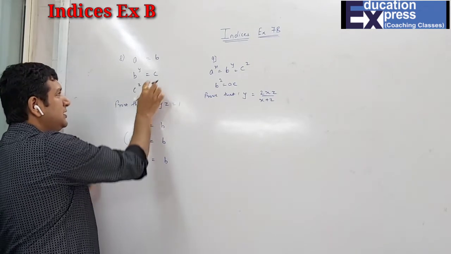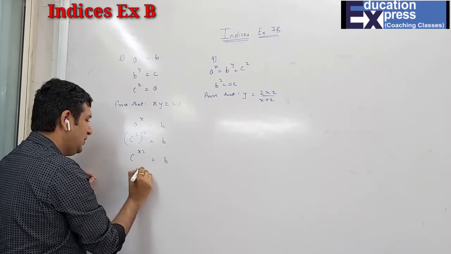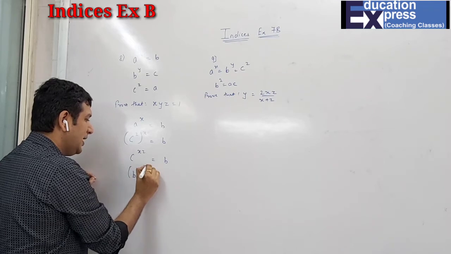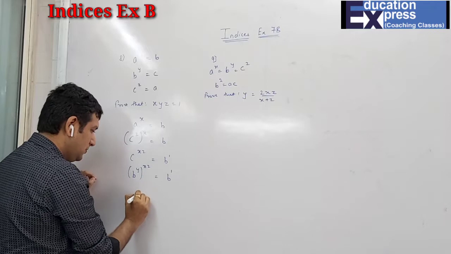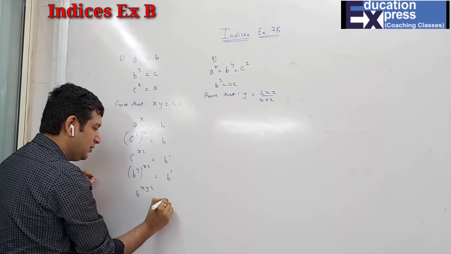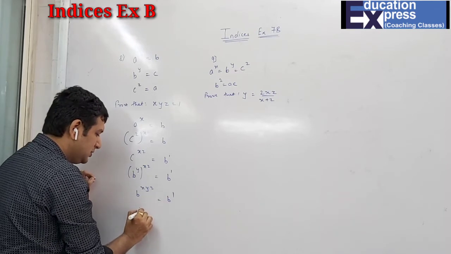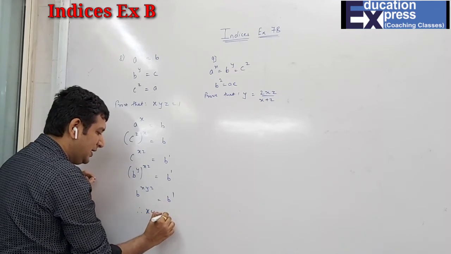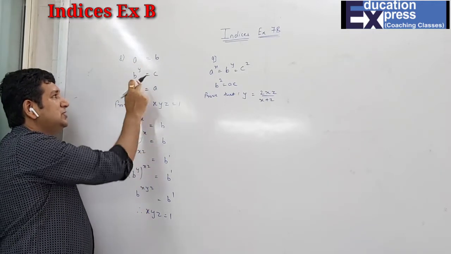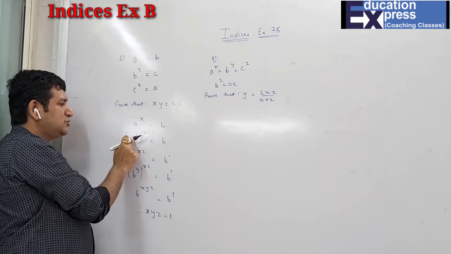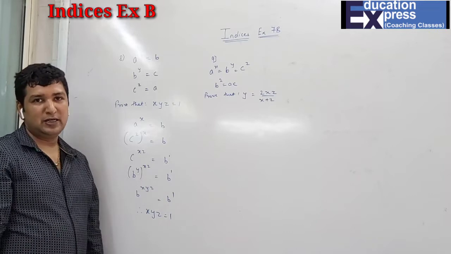Now, do you have a value for c? Yes, we have. c is nothing but b raised to y. So in place of c, we write b raised to y. b raised to xyz equals to b raised to 1. Can you see? We have the same common base. Combine the powers. So xyz equals to 1. So simply what I have done, I have just taken the first thing they have given. Then I said what is the value for a? c raised to z, I have substituted. Then c, what's the value for c? b raised to y. And the bases are same. xyz equals to 1.